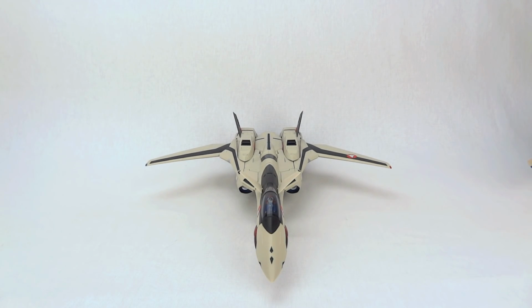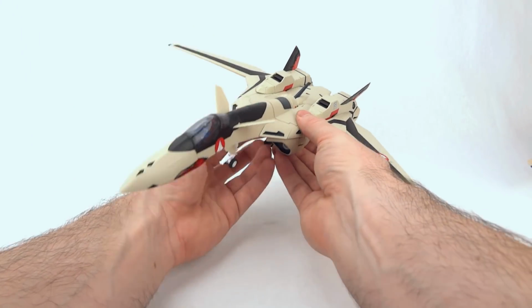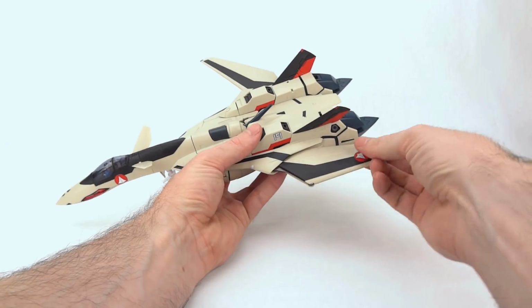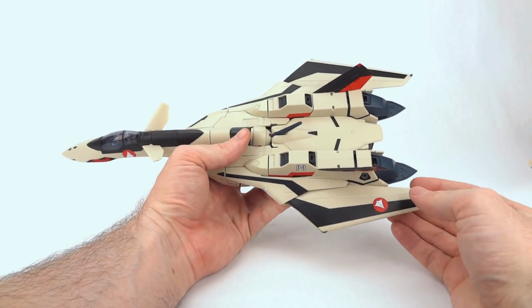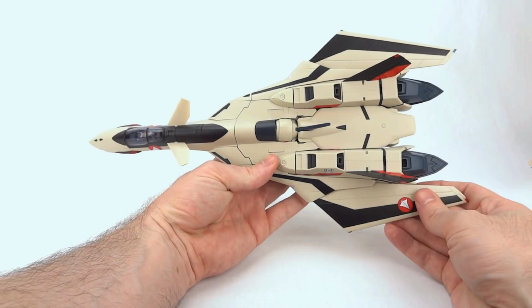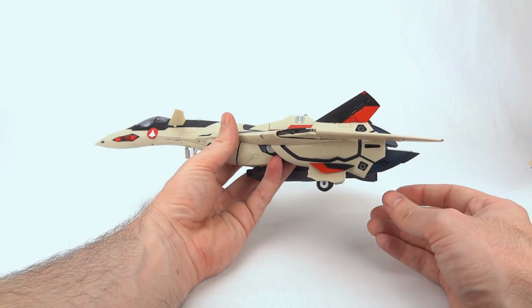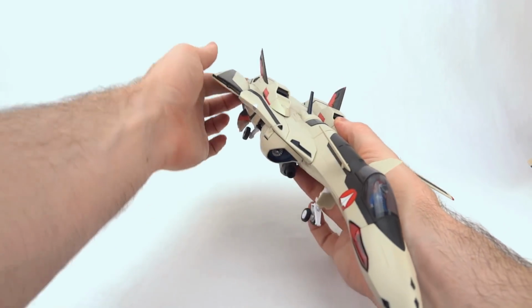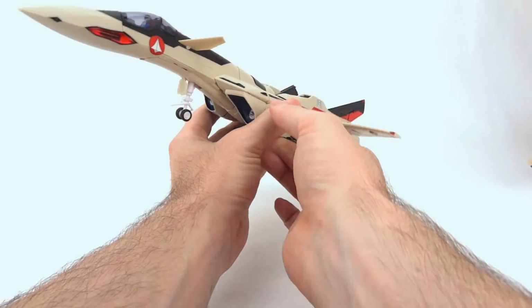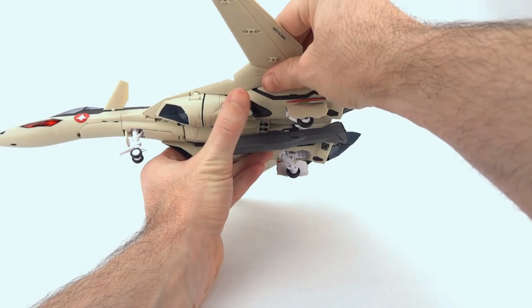So all of those gimmicks that you should have expected being here is cool, but you also get a couple new gimmicks that weren't ever employed on the Yamato toy, such as the high speed mode, which lets you fold these wings back and get that plummeting mode that Asamo used when approaching Macross City towards the end of Macross Plus. You also get a missile bay within...